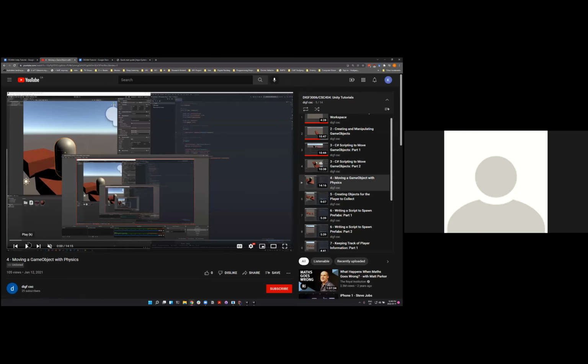One thing to know about physics is that if you are applying physics-based rules, you'd want to use the fixed update function, which is in that execution order document that I just showed. So you would use fixed update instead of update if you're doing physics-based calls. The other thing to note about physics is that